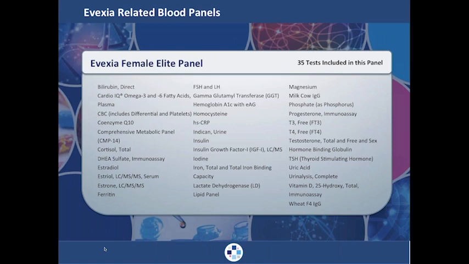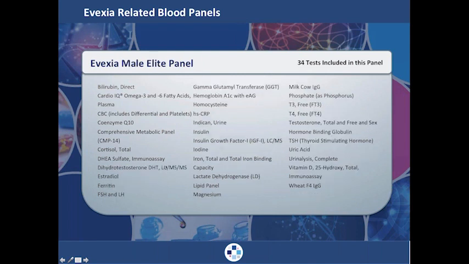Next, if there are other complications going on with your patient, Avexia also has the Avexia female elite panel. What you're going to get in there is the CRP, CBC. It's going to take a look at DHEA, cortisol levels, and so forth, vitamin D, progesterone. So that's a really, really good comprehensive panel. You can call Avexia and get the details on that. And the other is the male panel for the male patient as well. Similar analytes. Testosterone, I believe, is in here as well.